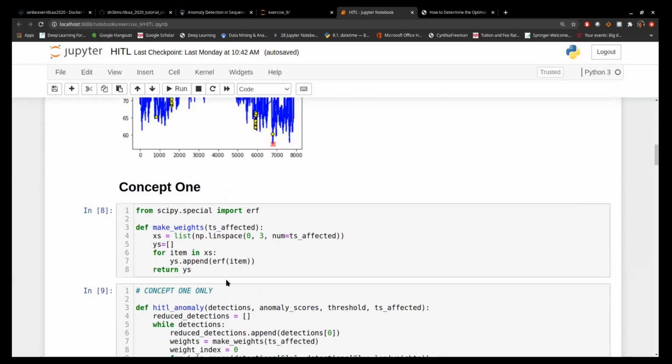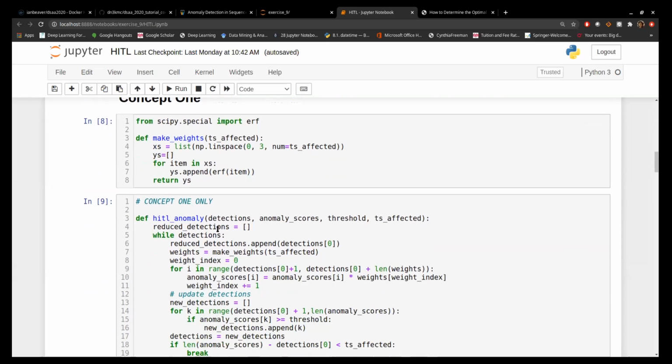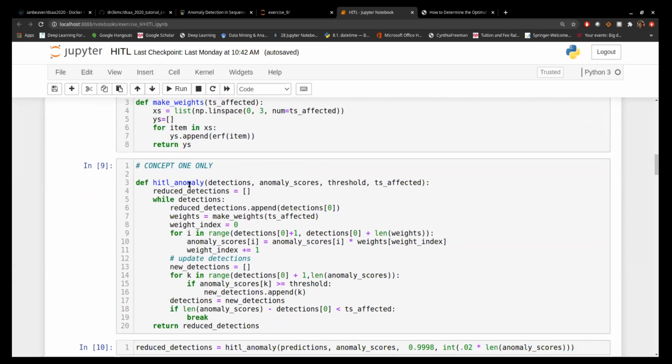So after a prediction is made, we multiply TS affected many scores following this prediction by the error function. And this function creates the weights that we multiply the scores by. And here's version 1 of our human in the loop algorithm, and it only contains concept 1. It iterates through the predictions, reducing anomaly scores briefly after every prediction and updating the prediction list after the update